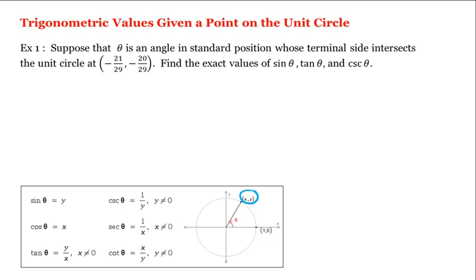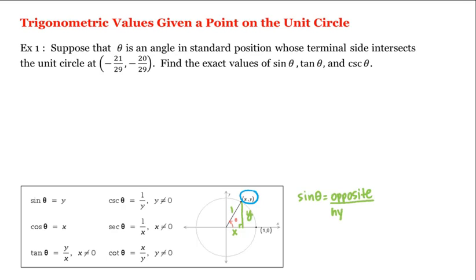Now these definitions are consistent with the right triangle trigonometric ratios that you might be used to. To see this, suppose that theta is acute, like the angle shown here. Let's drop a perpendicular from the point (x, y) to the x-axis. Now this length then is y, and this is x, and remember the radius of this circle is 1, so this length is 1. Using our trig ratios, we have that sine of theta is equal to opposite